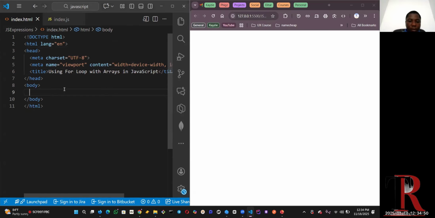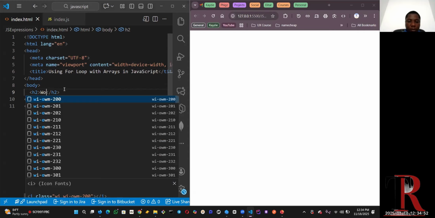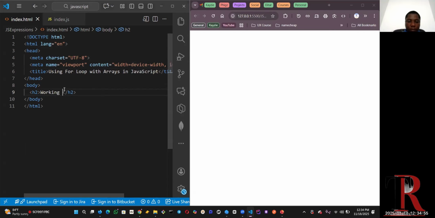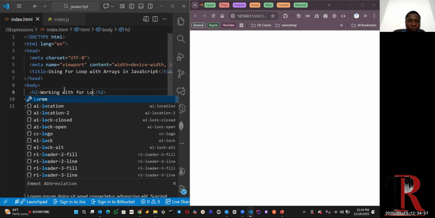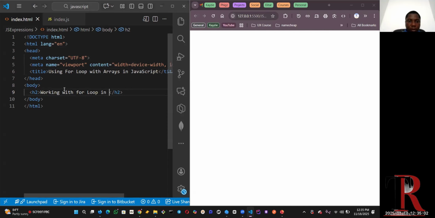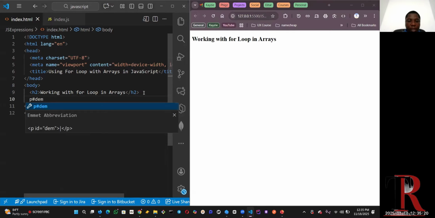Then I can make a header, working with for loops. I'll refresh, and then move to the next line, make a p tag this time around as usual and give it an ID of demo. Then I can move to JavaScript mode